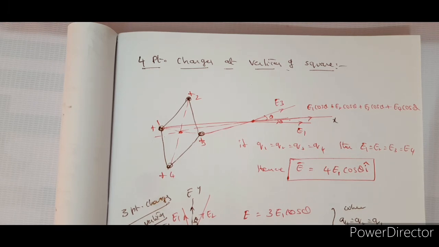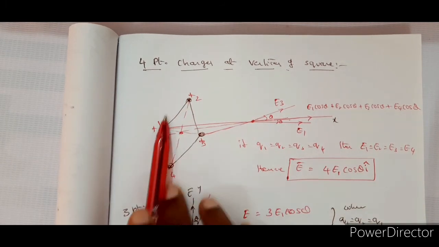Easy way, direct way of doing it. I am talking about how directly you can do it, rather than taking each thing and applying Coulomb's inverse square law for each and everything and then determining the final resultant, and all. The general formula of how to solve it, right? So now here you have a square, right?